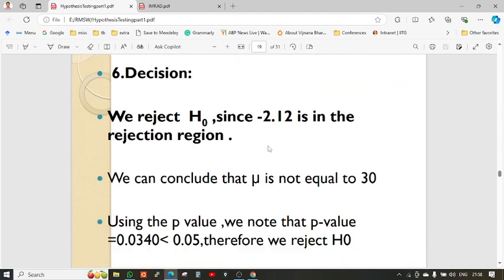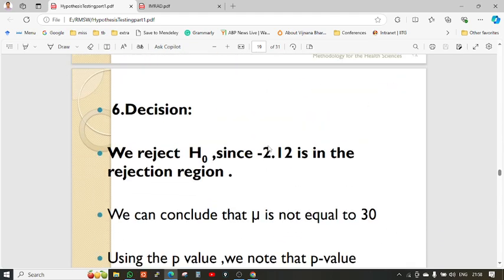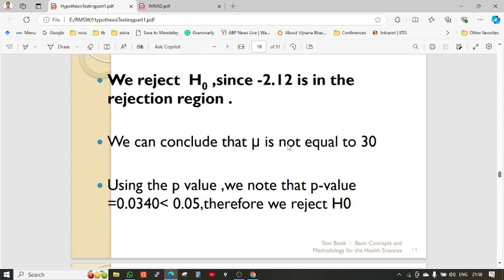Okay. So what about the decision? We have to reject this null hypothesis since the value 2.12 lies within the rejection region. So we can conclude that the mean mu is not equal to 30. Hence,